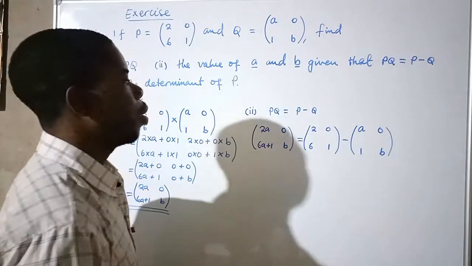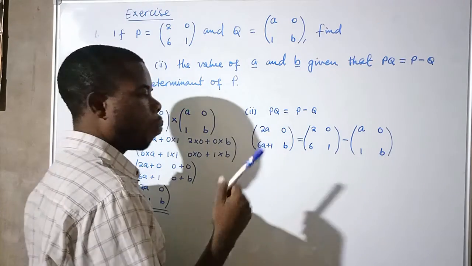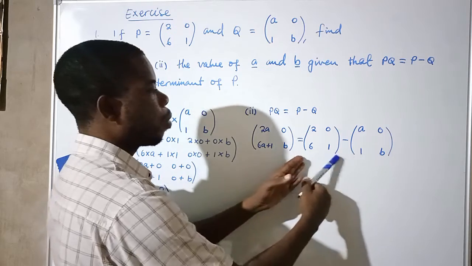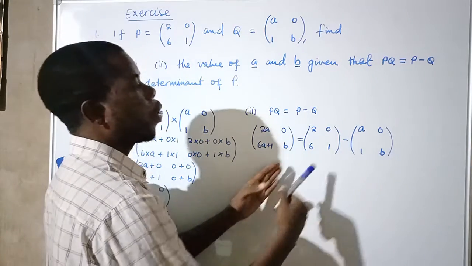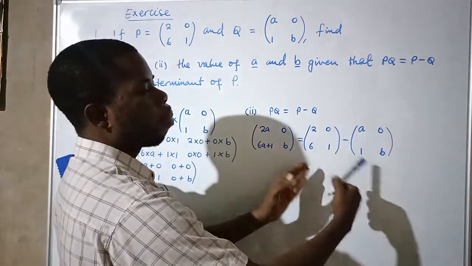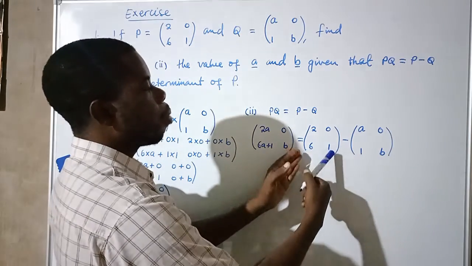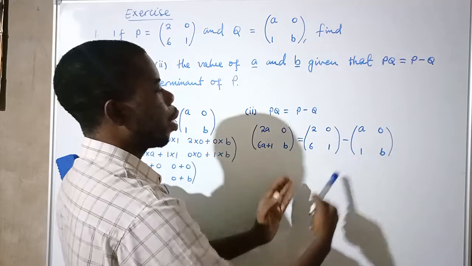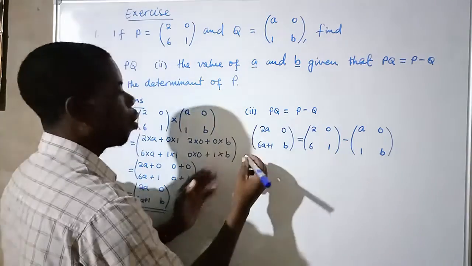Then once we do that, what we should know is that these two matrices are subtracting. So we have to subtract them according to what we learned about subtracting matrices. Because these matrices have the same order, they can be subtracted. So we say, okay, we'll have